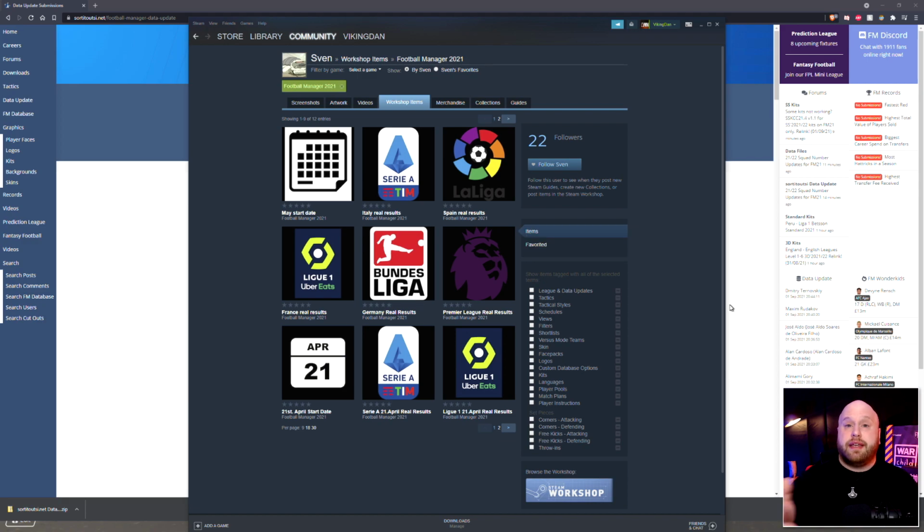Now, these are the only real results files that are available that I'm aware that work with the custom start date, but they cover the major 5 leagues, and it also does cover the sub leagues. Now, it doesn't cover the playoff results. I've only checked this in England, and I know that the playoff results in England are dependent on what happens in the simulation. So if you want to get, say, Brentford to win the playoffs, you might have to sim this a couple of times, but I'll show you how to get simming and how to set up the